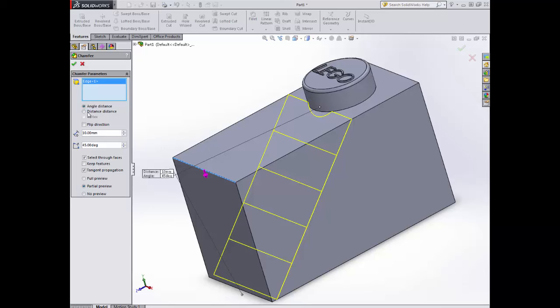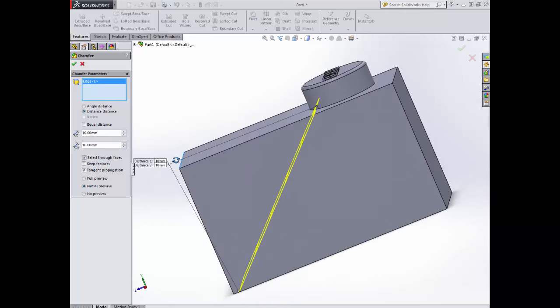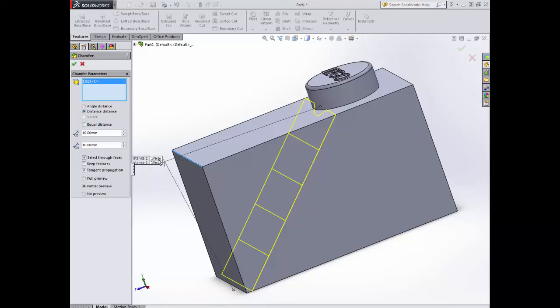On this bit we've got angle distance. Now we don't know the angle, but we do know the distance. So what I'm going to do is look at the figure. Now you'll notice it says D1 and then D2. That combines with the figure that's on the screen here, so you can see it says distance 1, distance 2. Distance 2 goes down, distance 1 goes down, distance 2 goes across. So I type my figure in here, 7.5,